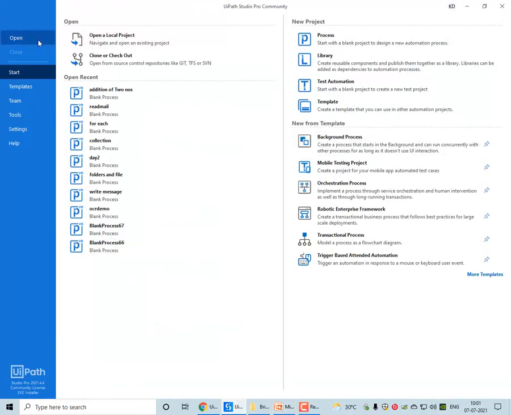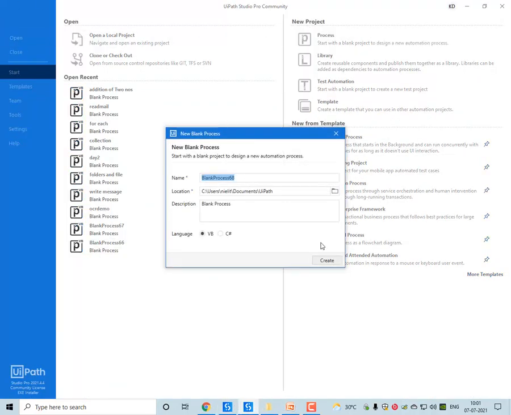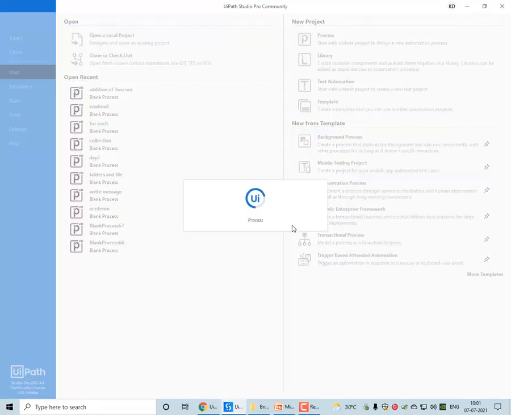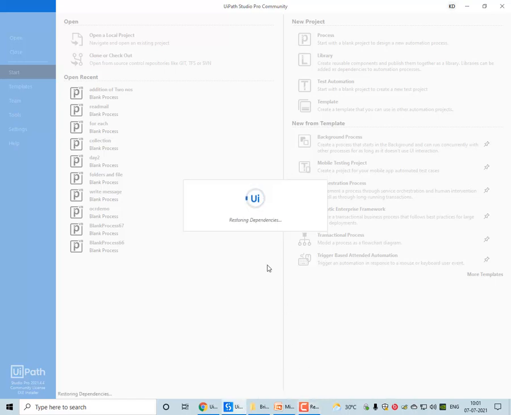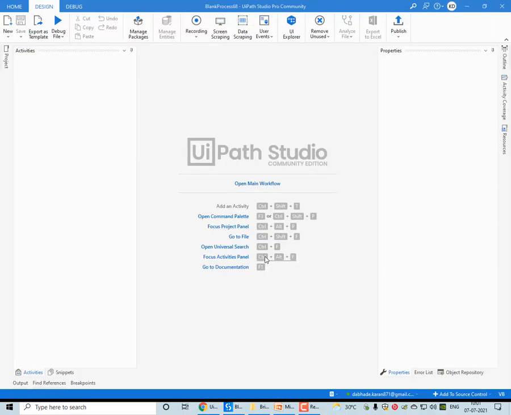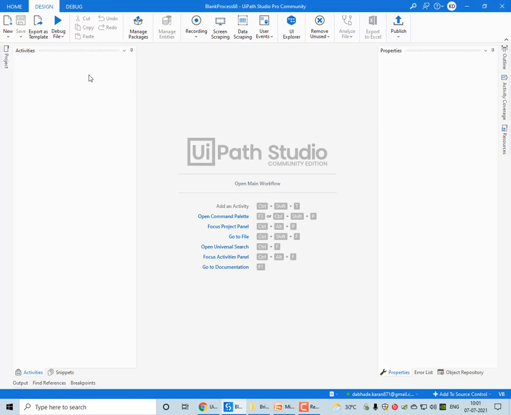If I go to the home page, I click on process and create one project. I am creating a message box displaying some message.